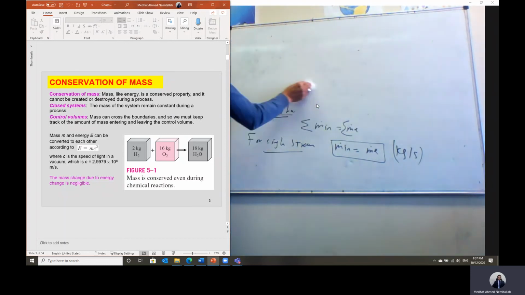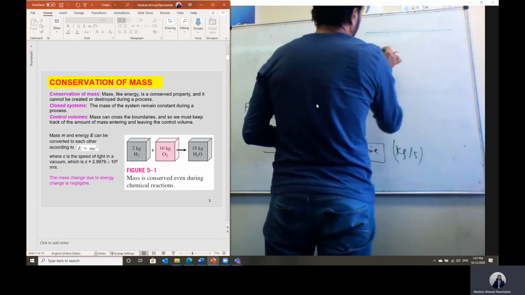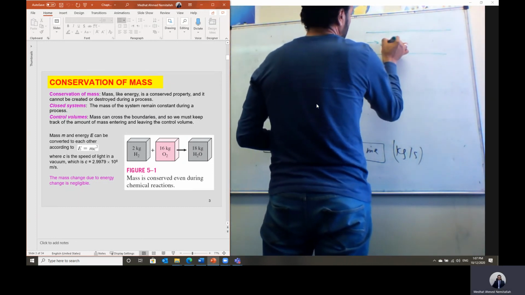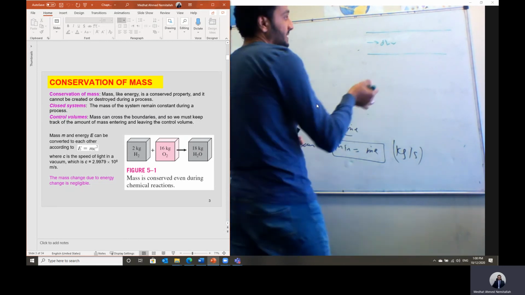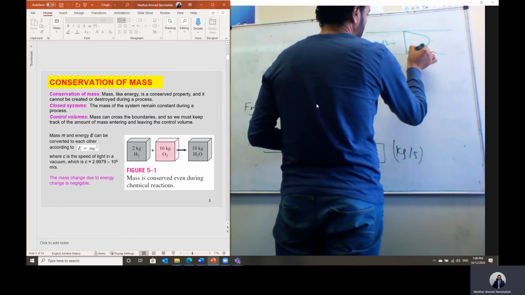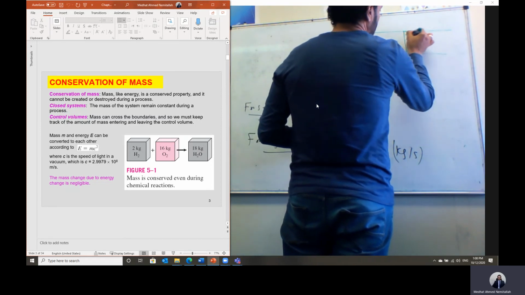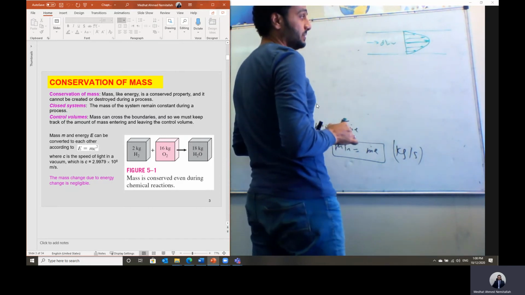So let's say we have a flow going inside a tube. This flow inside the tube is moving with a velocity v. If you look at the distribution of the velocity within a tube or within a pipe, it would be something like this. In this case, the velocity of the flow will be maximum at the center of the tube.